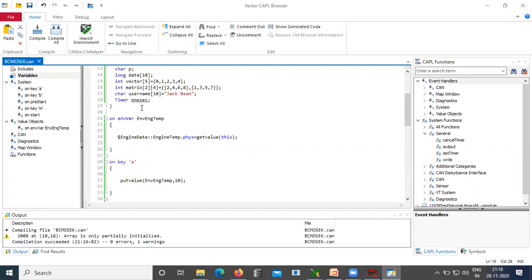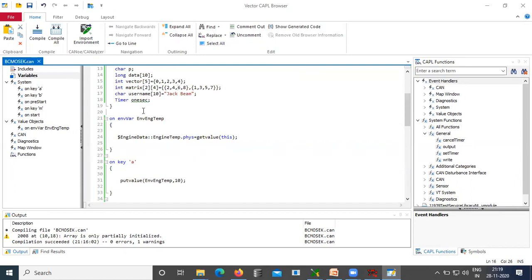Then you have to restart. In microcontroller programming, there used to be a timer configuration register. You configure your periodicity and then enable the timer, and it keeps on running with the set periodicity without any problem. But in CAPL it is not like that. You have to initialize the timer every time it is stopped, and then start it again.